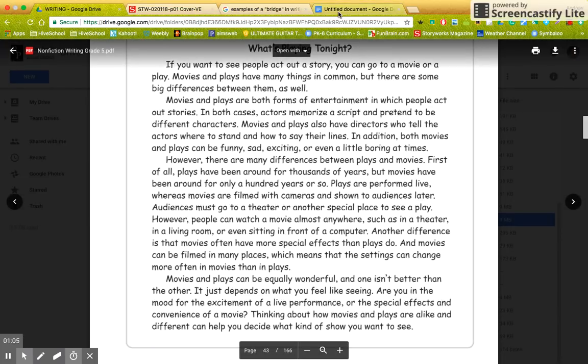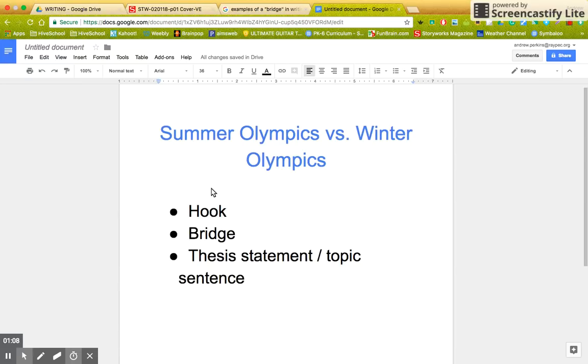Now, before we can do anything, we've got to get information about the Summer Olympics and we've got to get information about the Winter Olympics. And that's what I want you guys to do today. Some of you might want to use paper and draw out your own chart. Some of you might want to use a doc. It's up to you. But we need to find information on the Summer Olympics, and we need to find relevant information on the Winter Olympics. Now, in order to find information, we can't just write down a bunch of stuff. That doesn't really serve much of a purpose. So we got to get more specific.